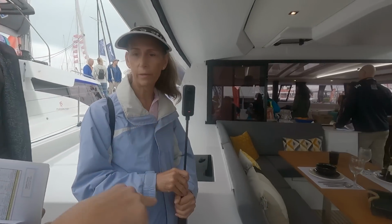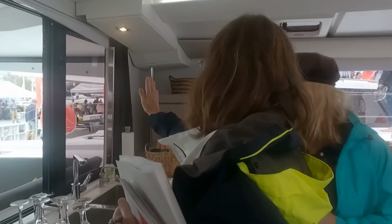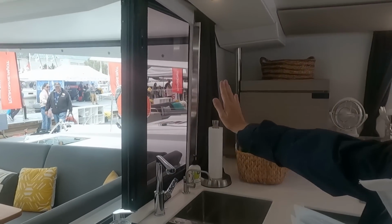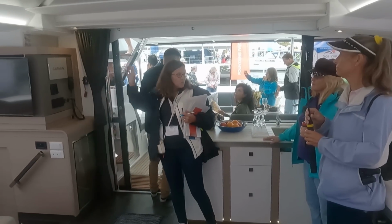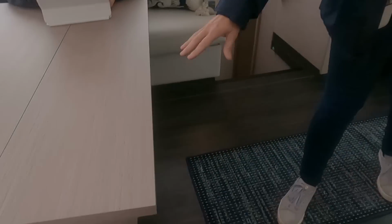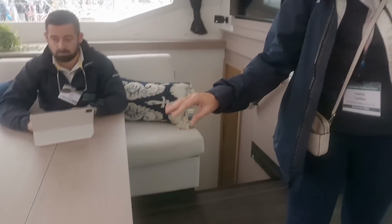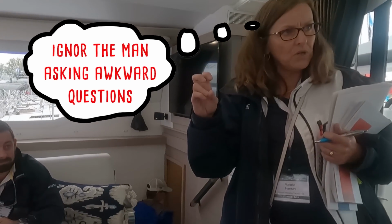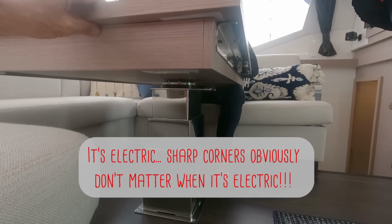OK, so they both need space. First stop then, the Fontaine Pajot Tanner 47. Plenty of space in the galley and a spacious saloon. The nav table. And lots of rounded surfaces, which is essential for safety during sailing. Except... And then they forgot about the corners on this thing. So this is an unusual table because this is the actual electric table. It's pretty expensive. Most people will do a large table that has